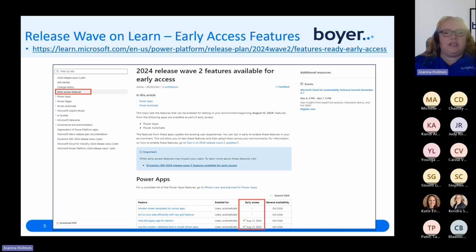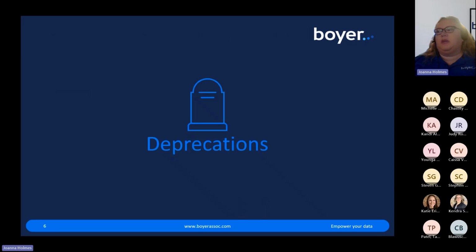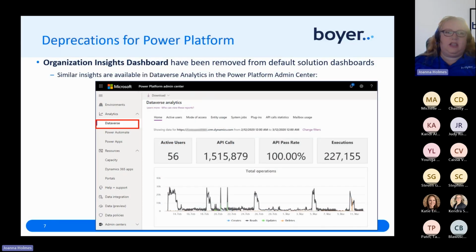All right, that's our housekeeping out of the way. Let's dive into it. Let's talk deprecations. Rest in peace, friends. What are the things we are saying goodbye to this release wave? Organization insights dashboards. They were something that weren't really adopted. You maybe never even heard of them. They came out a couple years ago, but basically those are being